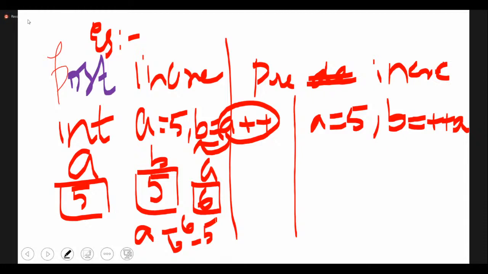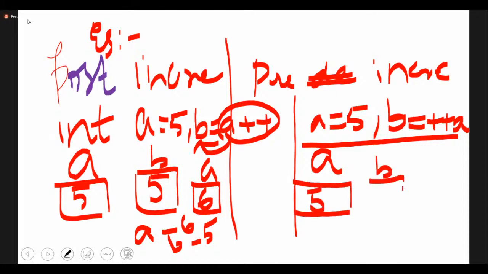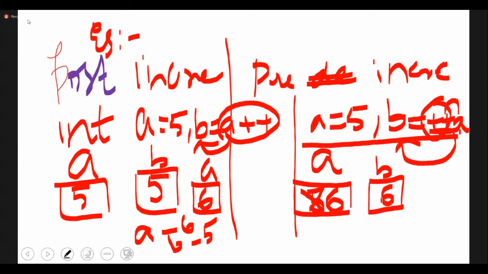Now when you're talking about pre-increment and decrement, the definition says what? First increase, then you are going to store. The first value of A is 5 and you are finding the value of B. So the definition says first increment. Pre means always first apply the operator, then store. Post means first store, then apply the operator. So with ++A, this value becomes increased, so A is automatically modified to 6. Now whatever value you have in A is assigned to B. So when you print, in pre-increment you get the value of A as 6 as well as B as 6. But in post, B value is 5 and A value becomes 6.